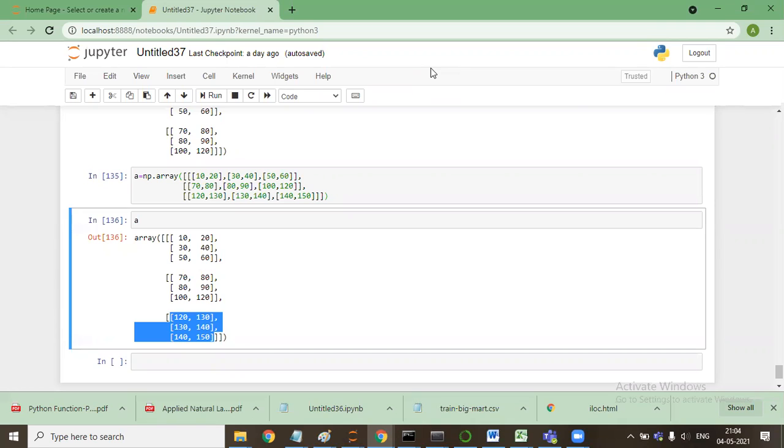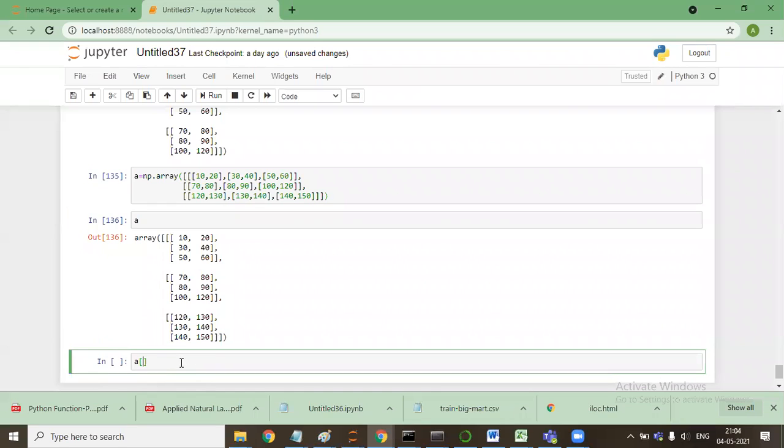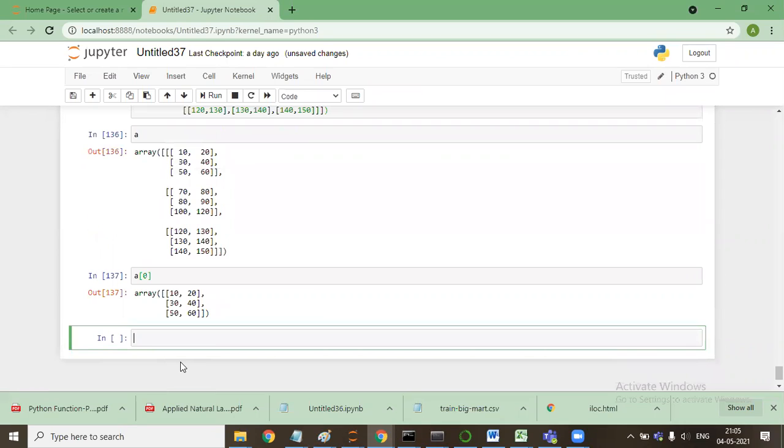So let me tell you more on this. Let's say I say A[0], what will come now? This matrix, the first dimension. So I'll say A[0], again 0.